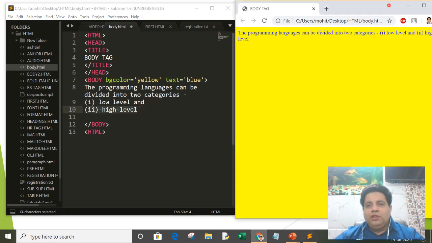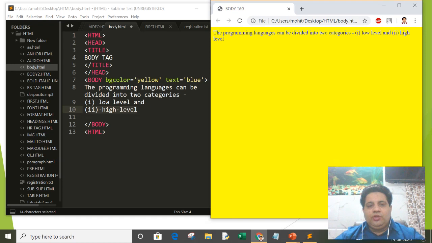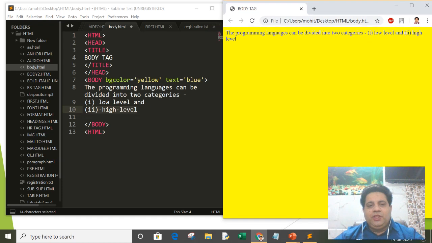But by default, HTML does not treat your enter key as a new line. See, it is displaying in the same line only, and when it reaches the end of the document, the next word is shifted automatically onto the next line. So whatever you type in the code editor is not displayed as it is, on separate lines.